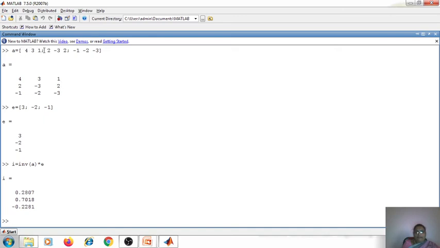You write the coefficients of those equations, the constants are taken as a column vector, and then you just write one simple function, the inverse of the matrix, and multiply with this column vector, and you are going to get the result. This is the simplest method. This is how you are going to solve the linear equations.